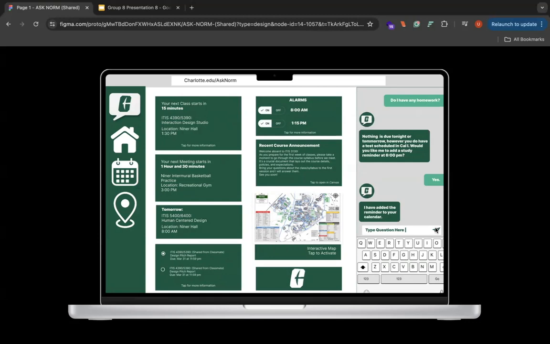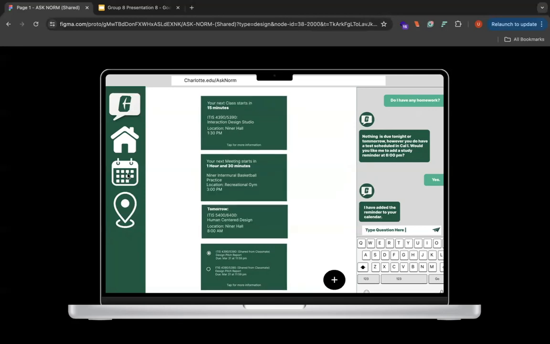So for the second task, the scenario is you want to integrate your homework management with your calendar to effectively plan your schedule. The task itself is for you to use the interface to integrate your pending homework assignments within your calendar. And for the instructions, it's just for you to explore the interface features related to the calendar integration that we added, and for you to think aloud and share your impressions as well. So if you click on the calendar, calendar, yeah,